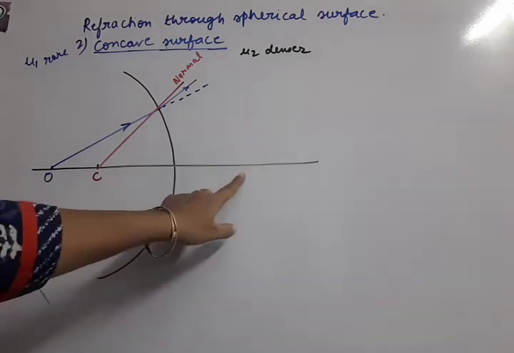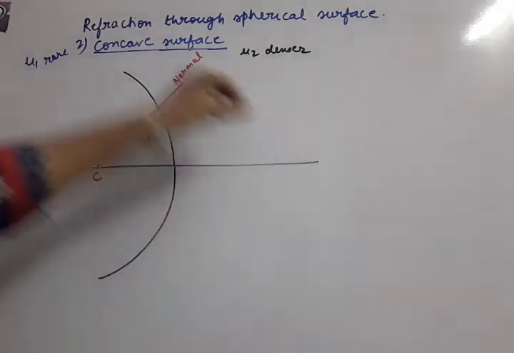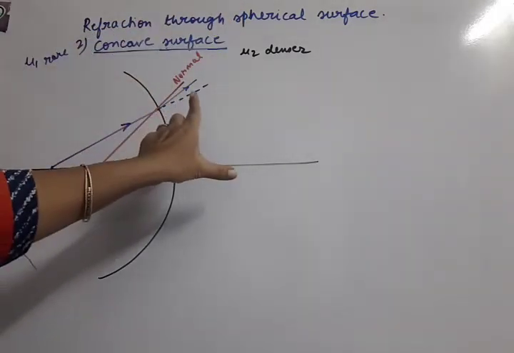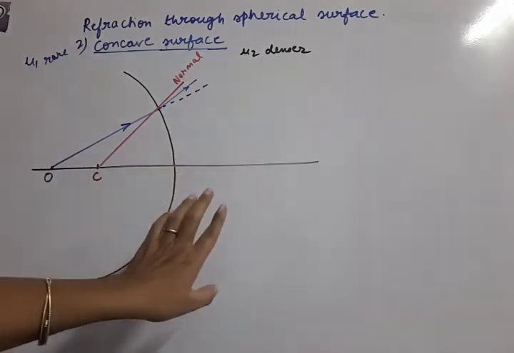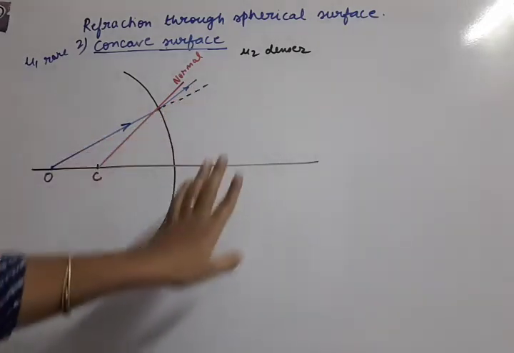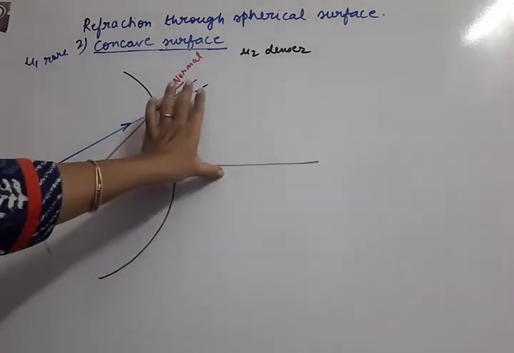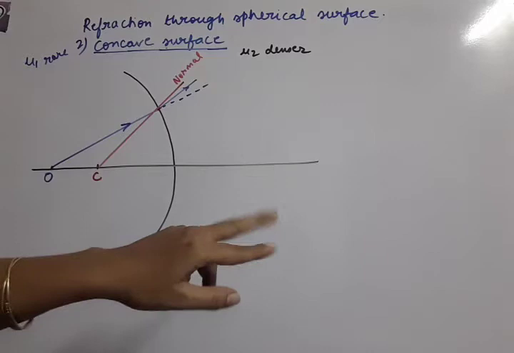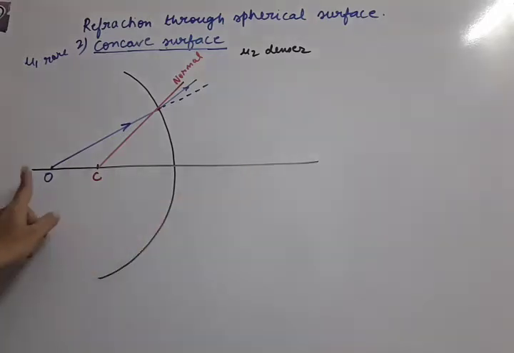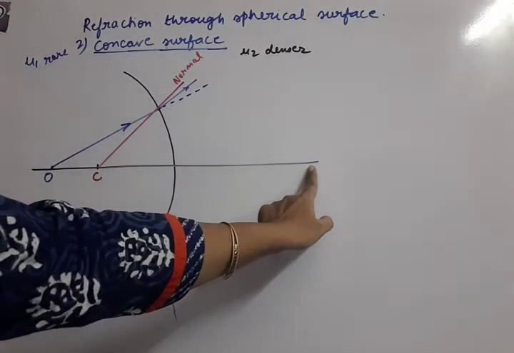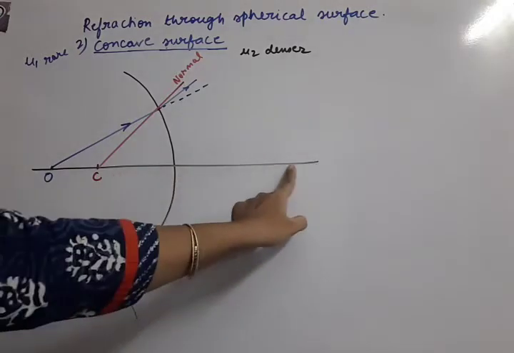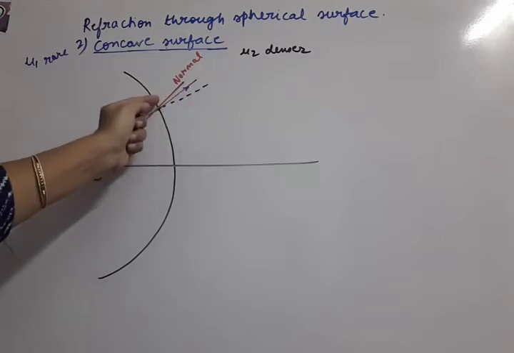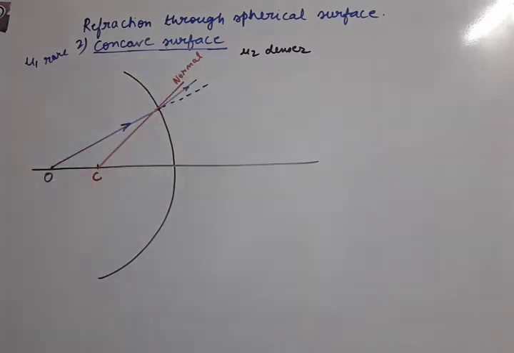But you can see in this case, principal axis is here and this refracted ray is going in this direction. So they are never going to meet. That's why no real image will be formed. So this side no real image is formed. That means actually these two things are not meeting. For making the image, the two rays should meet. One ray we have considered as principal axis only because this is normal incidence, and the second ray is the refracted ray, this blue one, middle one, but this is not meeting.